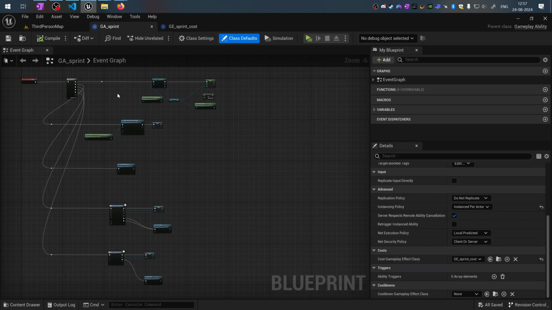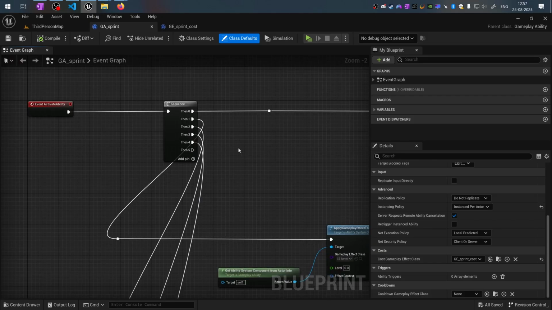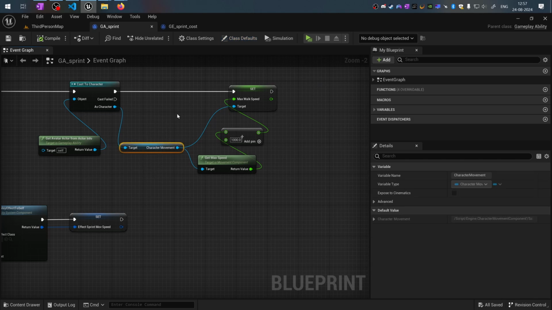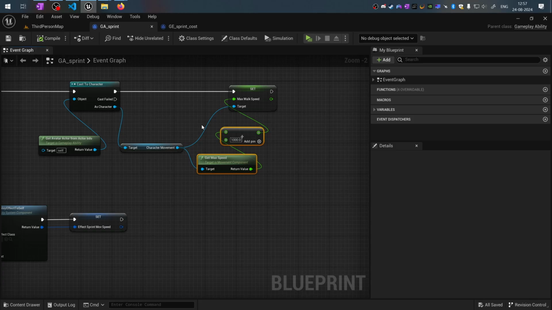And now in the activate ability event, I'm doing a sequence of steps. Firstly, I'm trying to increase the character's maximum walk speed. This is done by getting the avatar actor from the actor info, casting it to character, and attempting to get the character movement, which has a property max walk speed. This max walk speed for the moment is just going to get an increment of 1000 units over its current